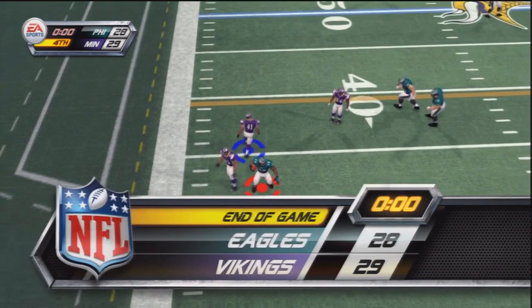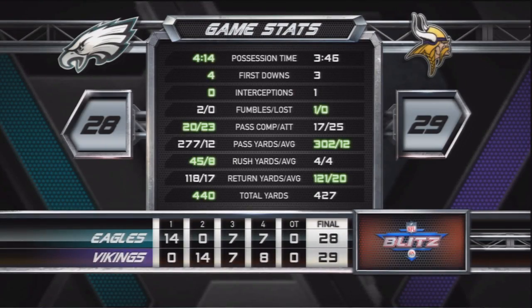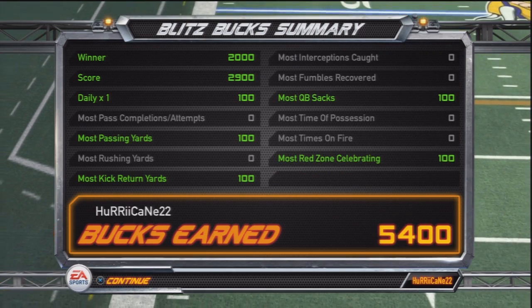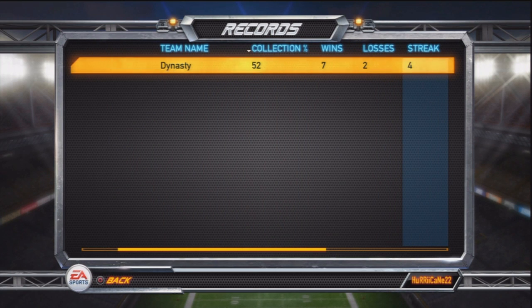It was a very hard-fought game, and I had to take some chances to get the victory, some clutch fourth down plays, that 2-point conversion, and we win 29-28. And we're going to get a good amount of blitz bucks out of that one, 5,400, and that was a very tough game, but we keep our win streak alive. Now we're 7-2, and so,